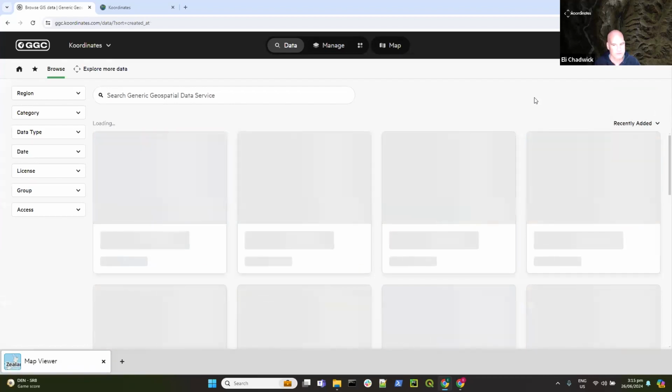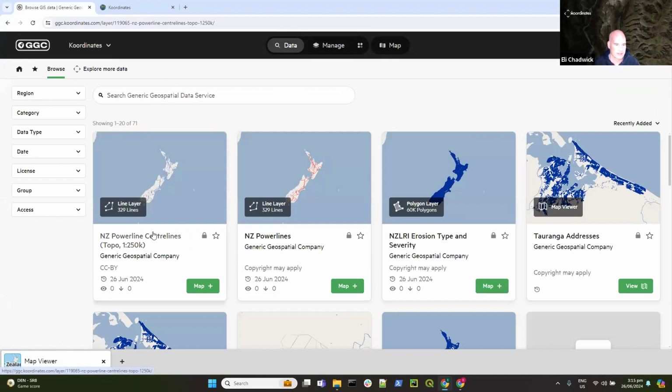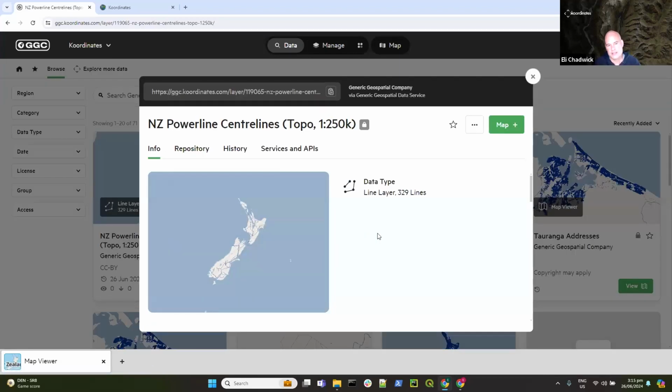And here I will find this guy. So that's the data set that I've just added. It is not public. It is only shared with members of the REST group that I created, and that at present only comprises me. But if I did want to share this data set with other people, I can simply invite them to the site, add them to the group that has permissions to access the site, and they will inherently gain permission